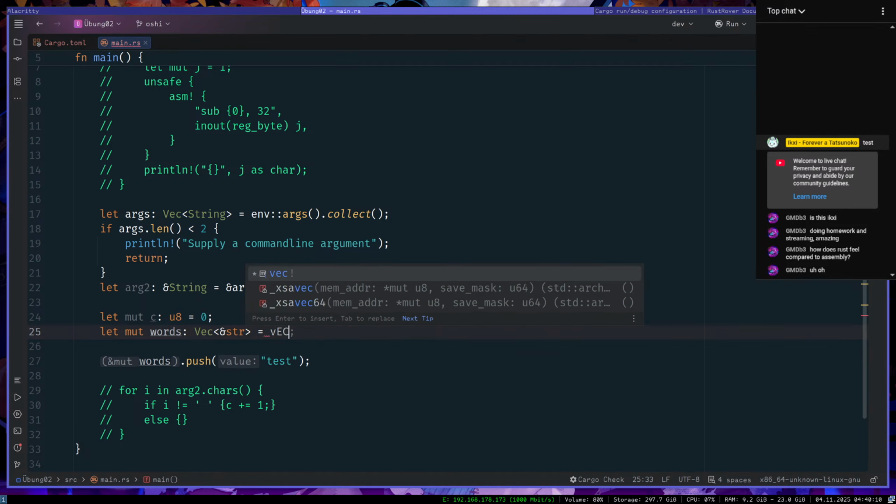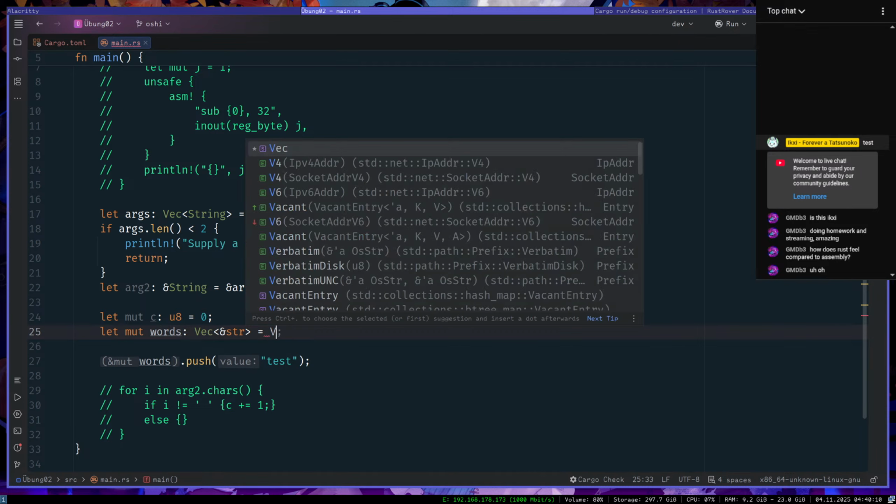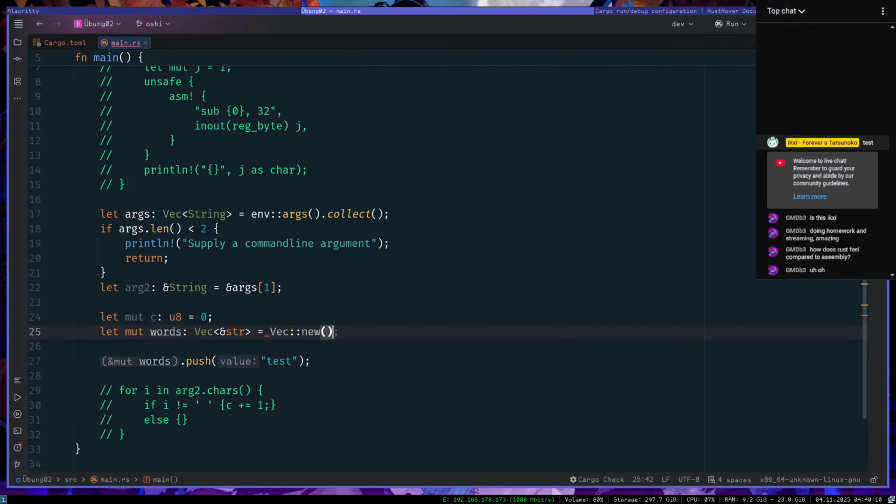Oh, with like, come on, just let me. You gotta do this. Why do I gotta do this? Why can't it just implicitly know? Oh, I created a new vector. Okay. I hate this. I hate how Rust is explicit and implicit in the weirdest ways.